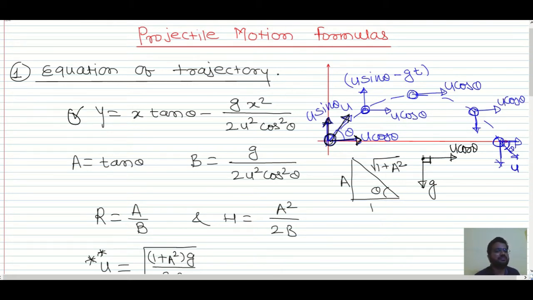Okay, now over here the magnitude of u sin theta will get changed because of this g, but u cos theta will always remain the same, and that too in the horizontal direction only. So now what will happen? This ball will change its position. Let us consider x comma y. Along x it will change as u cos theta into t, and along y it will become y is equal to u sin theta into t minus 1 by 2 gt squared. So accordingly put the t value and you will get this equation, right?